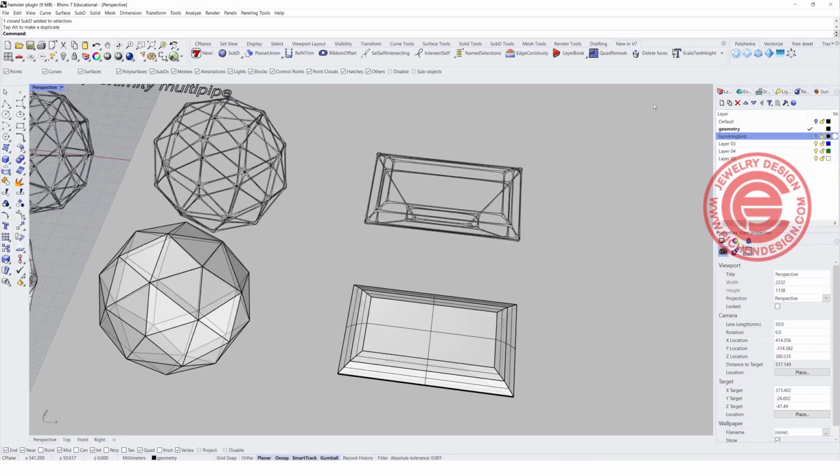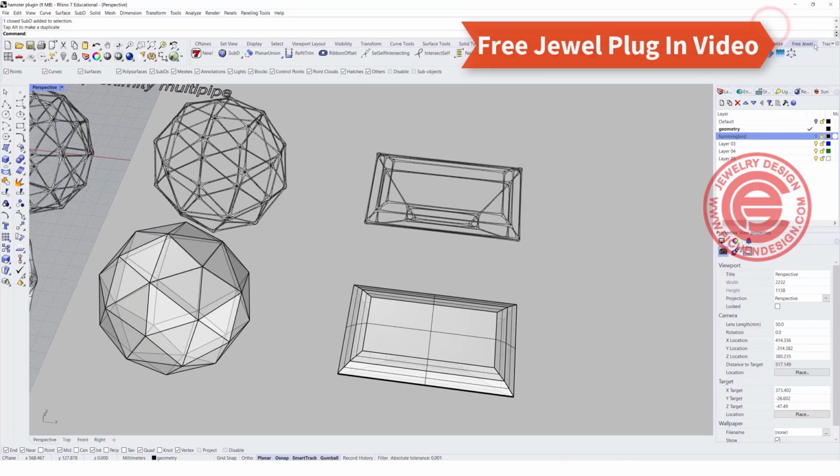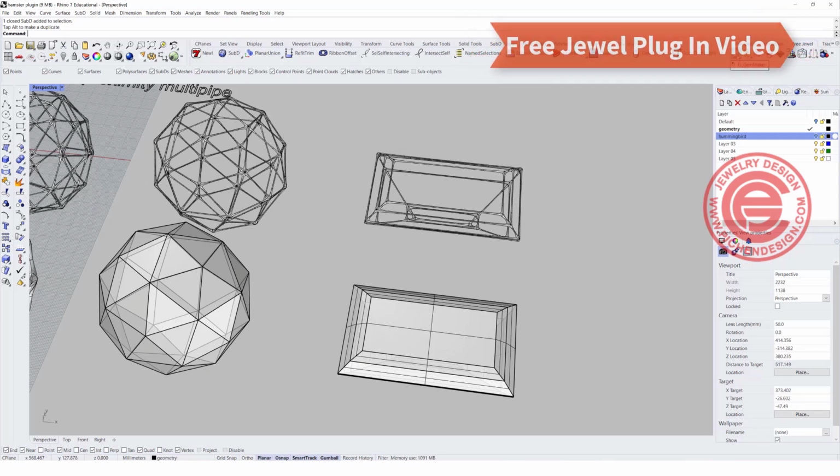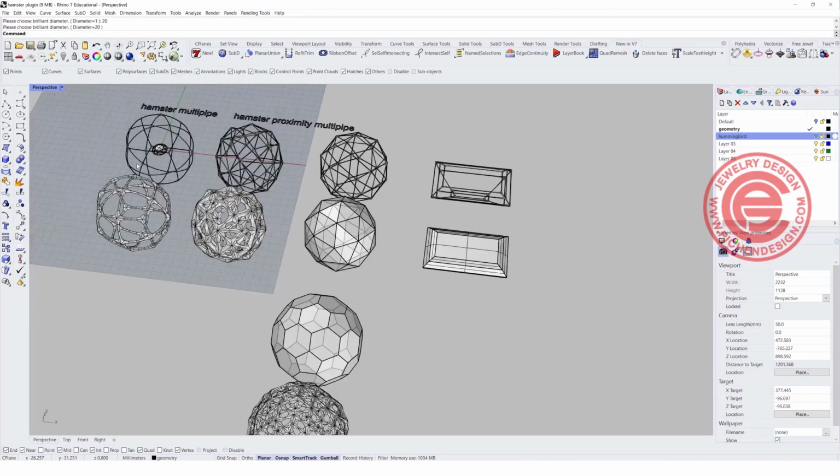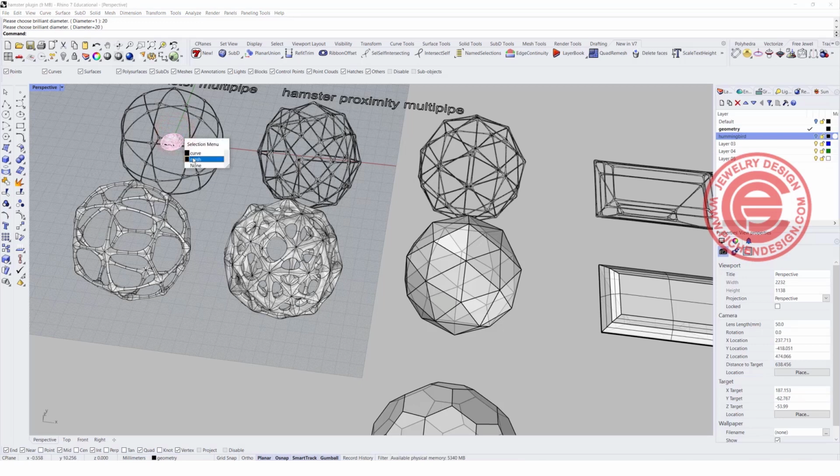And for the gemstone, I have another plugin that I showed in the previous video. It's called Free Jewel. In this Free Jewel, you can create any type of gem here. Let's say I'm going to have a round stone for the brilliant cut, and the diameter I may want to have 20 right here, and we can size it if you want different sizes. So then I get this gemstone right here,